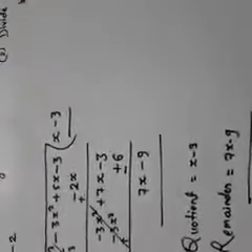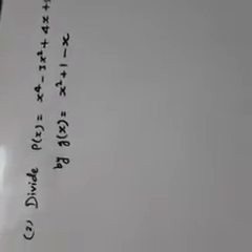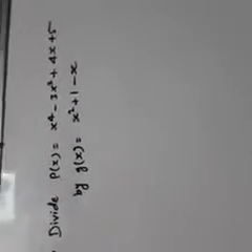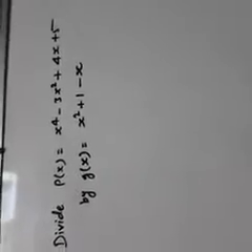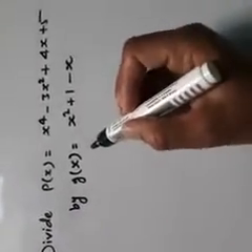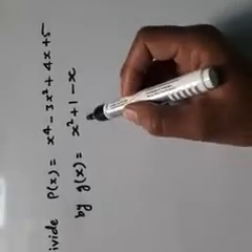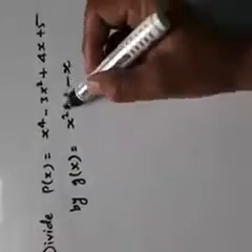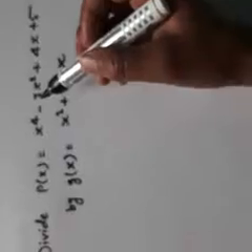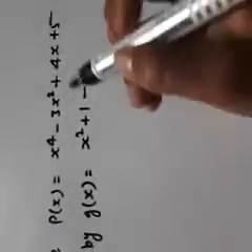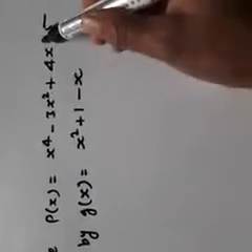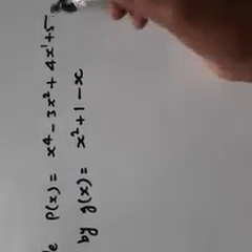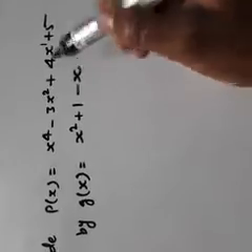Similarly, students, we take another example and divide the polynomial x^4 minus 3x square plus 4x plus 5 by another polynomial g(x). g(x) is here x square plus 1 minus x. So first check the degrees of the variable. In the first polynomial, the degrees of x are 4, 2, 1, and here 0. So it's in descending order of degrees.